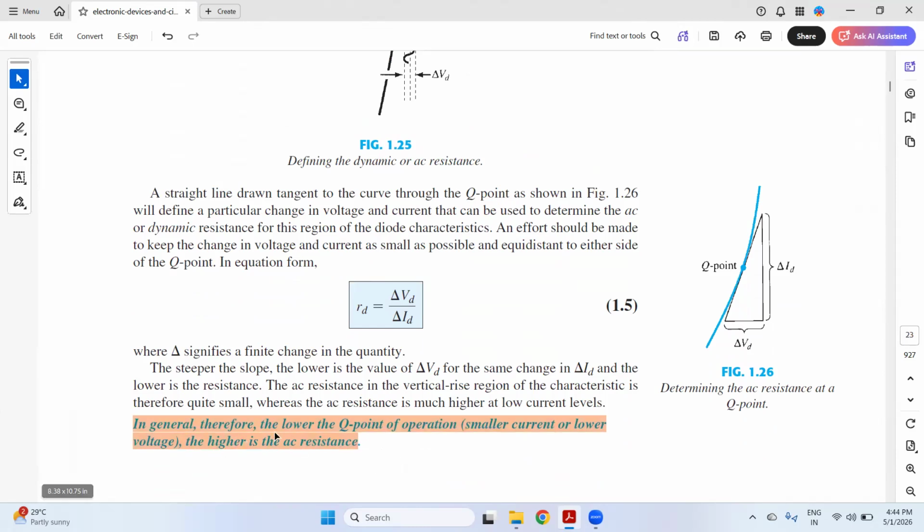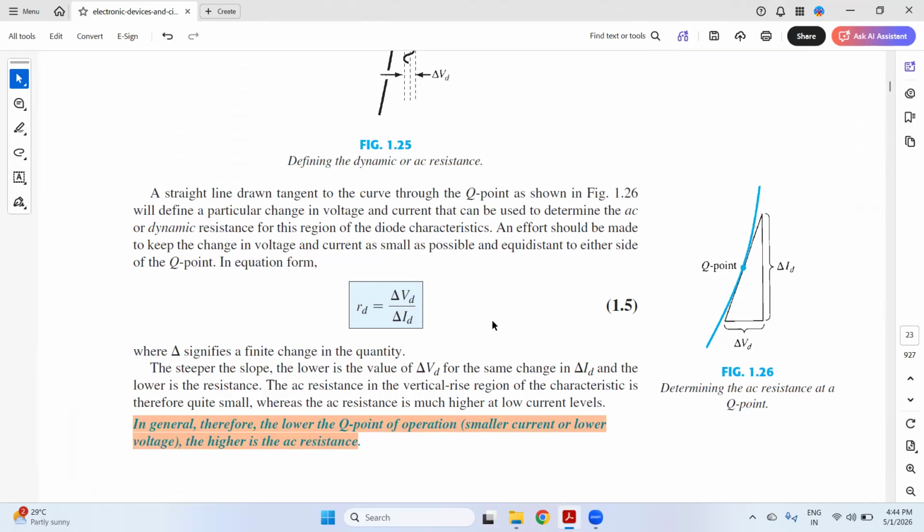In general, therefore, the lower the Q point of the operation, smaller current or lower voltage, the higher is the AC resistance. Q point means operating point. Those who have studied the transistor, the AC analysis of any particular device, there is a point known as Q point. Q point means the point at which the corresponding value of the current and the corresponding value of the voltage